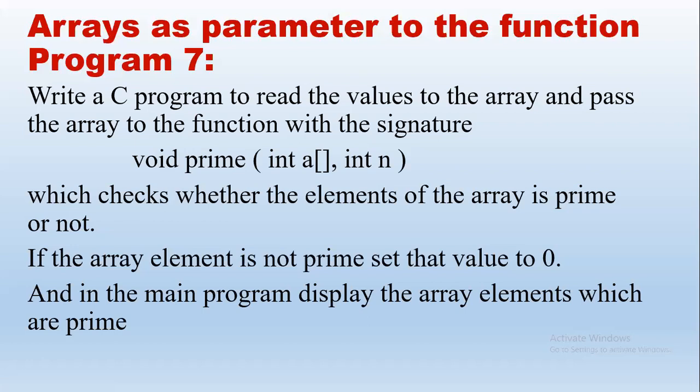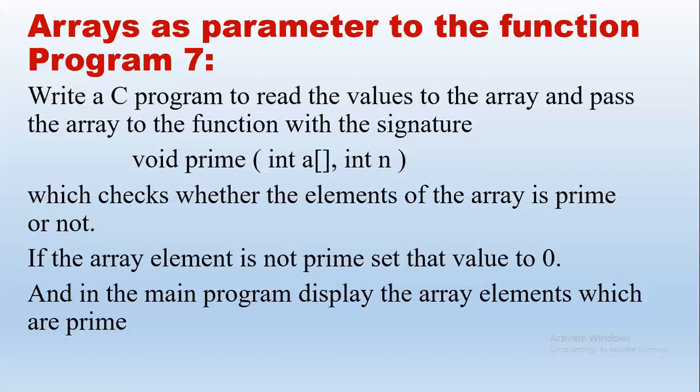So in this case, we need the input for the number of elements in the array, so that we can take input for the array. Another input will be the array elements, and the output is to display the array, but only the prime numbers in the array. How do we execute this? We saw the input and output. We have to first find if each element is prime or not.